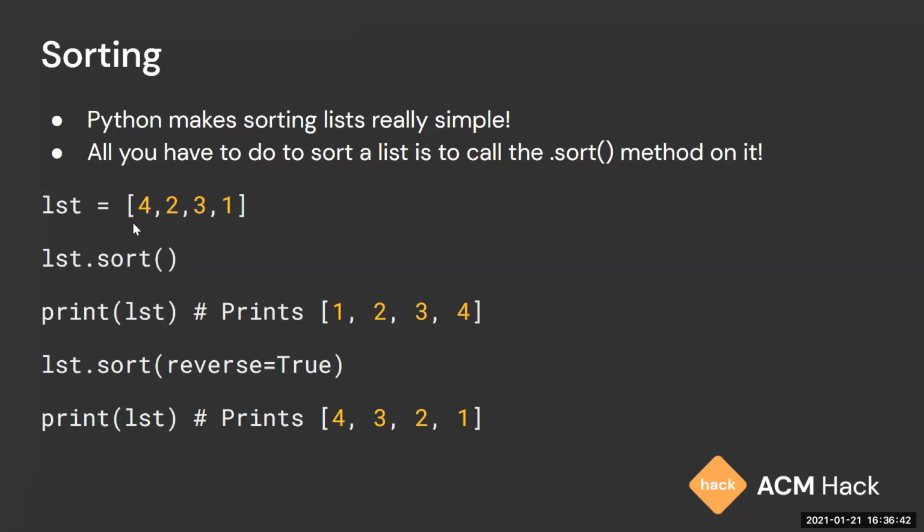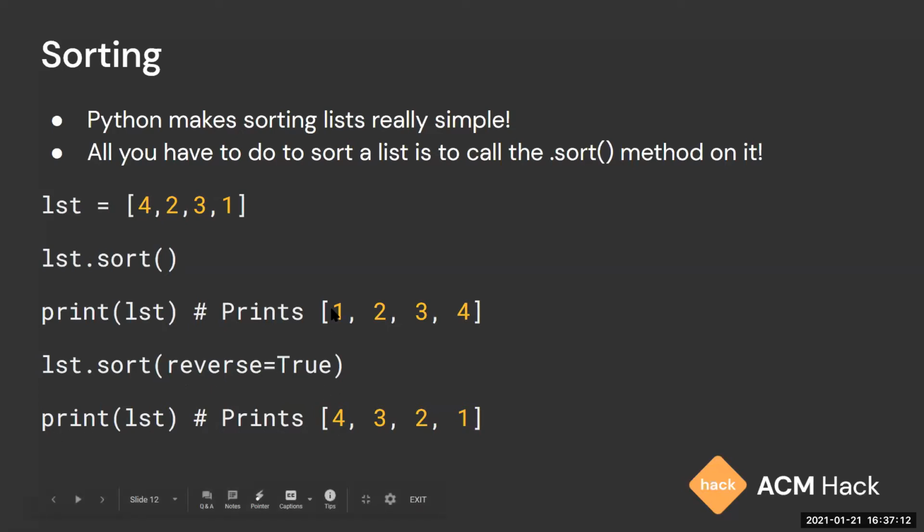So as Henry mentioned before, lists are changeable, which means we can sort lists. So Python actually provides this sort method. In the first line of the code, we have the numbers 1, 2, 3, 4 in random order. And if we sort them, it will sort by ascending order. So it will print 1, 2, 3, 4 after we sort the list. And we can also provide the reverse parameter. So if reverse is set to true, then we can